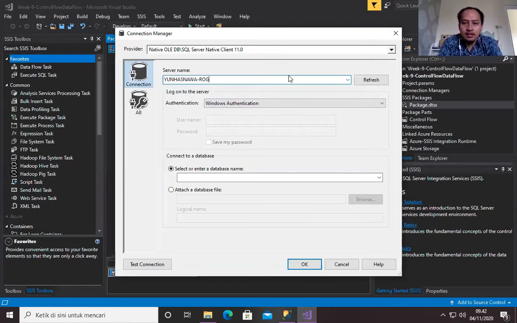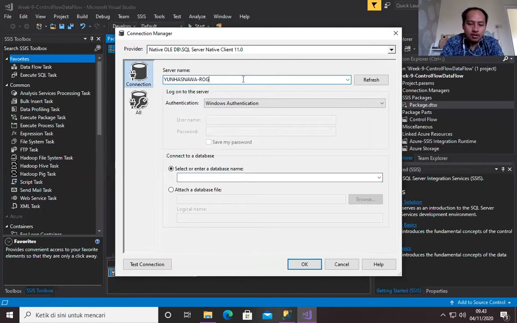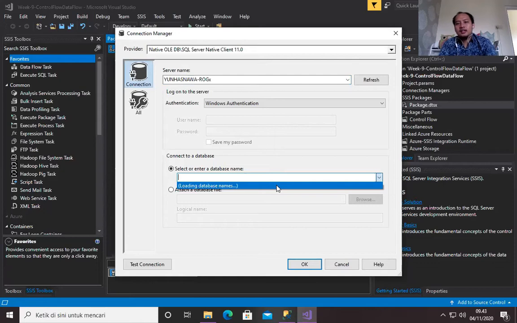Whenever your server is already running and the server name is correct, you can easily find your database name here. Look at this. You can find your database name in your server. But whenever you enter it wrongly, for example like this, it will not find any database name.